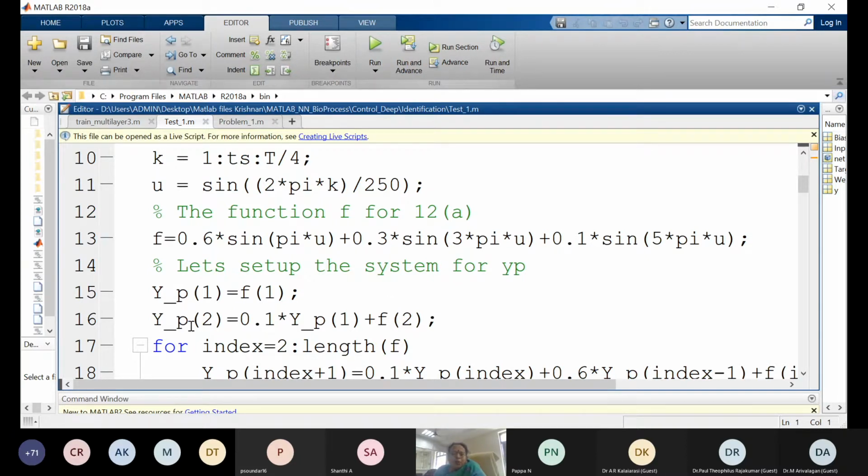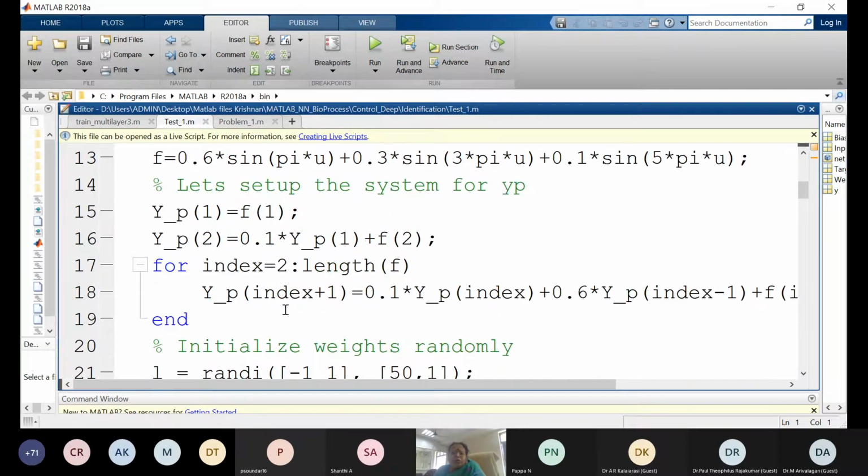So the output I'm looking for is 0.1 times yp of 1 plus f of 2 as my second value. From the second sampling instant onwards, I'm considering 0.1 of the previous sampling instant. It's basically a dynamic model that we are aiming at. We wanted to consider the value in the previous sampling instant. It's something like a first order system which we are trying to model. So we wanted to consider the delayed, previous values of the output also in order to decide the current output. So this is a small mathematical formulation for dynamic modeling of this particular function